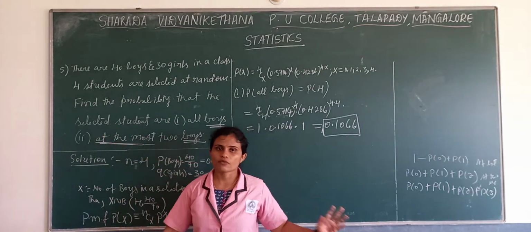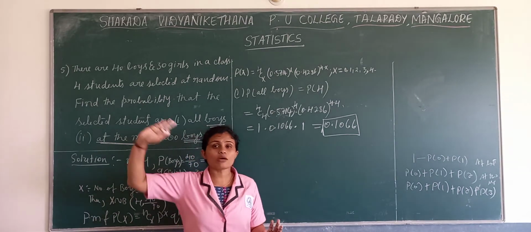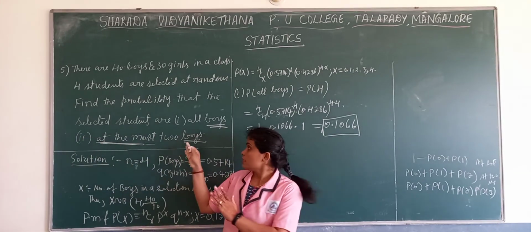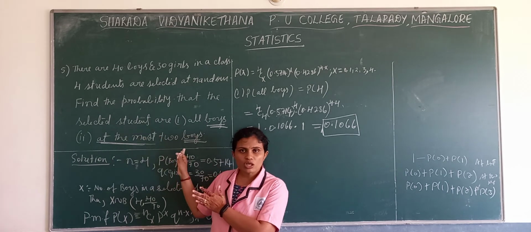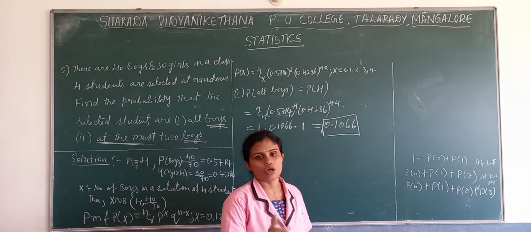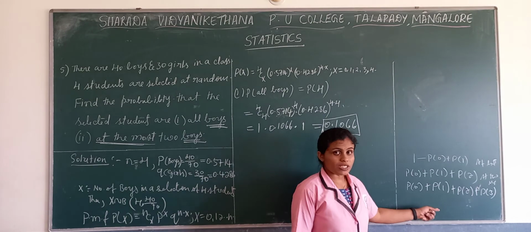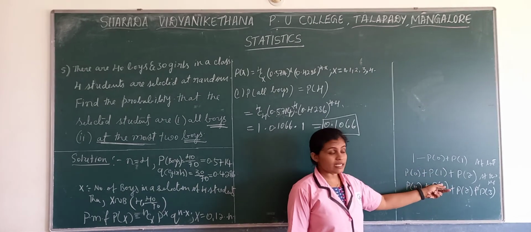There we have to go from the least to there. At the most we can get number 2, not more than that. We are not allowed to take more. The question is at the most 2. I hope it is clear. The at least 2 and at the most 2.